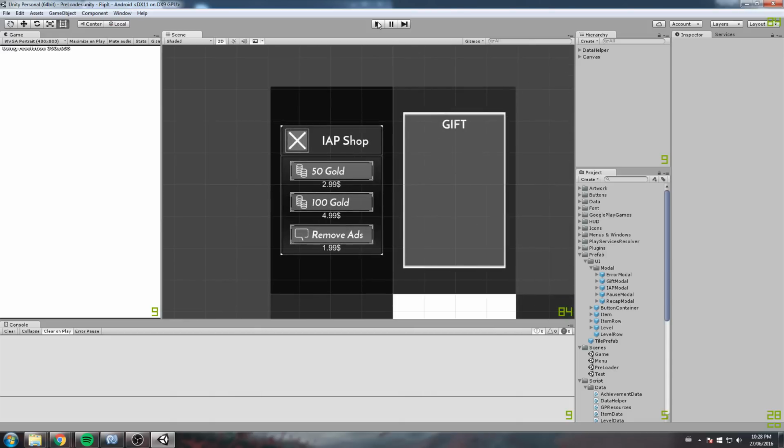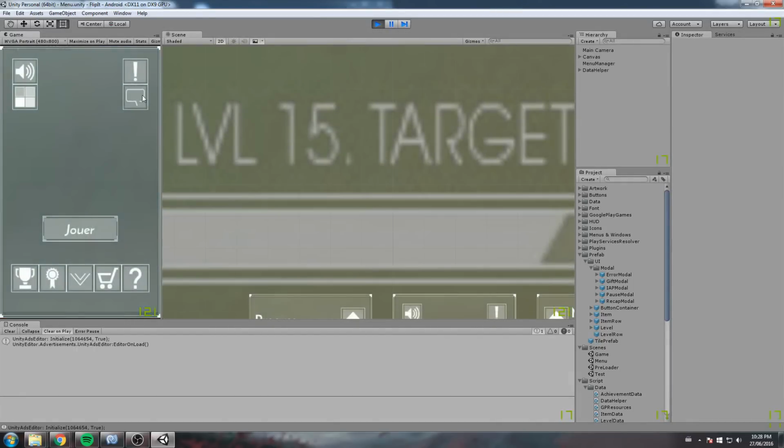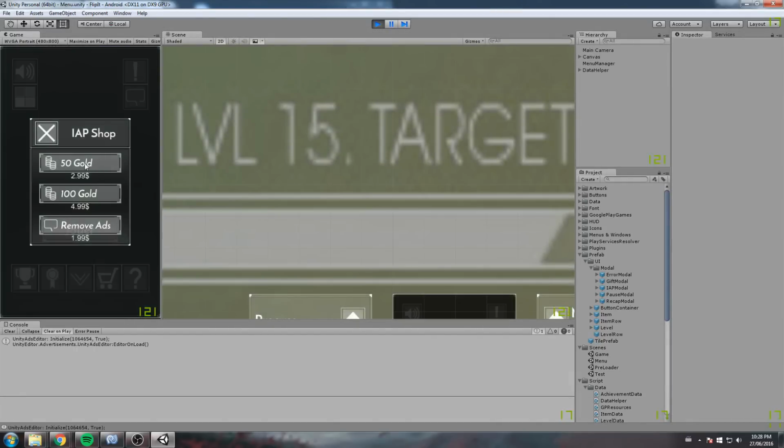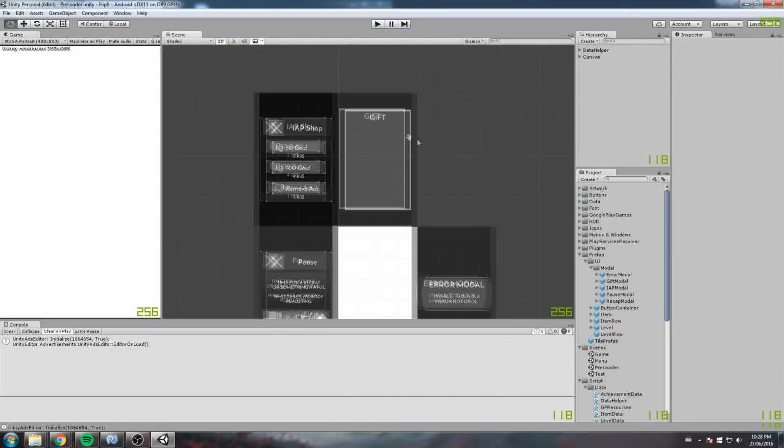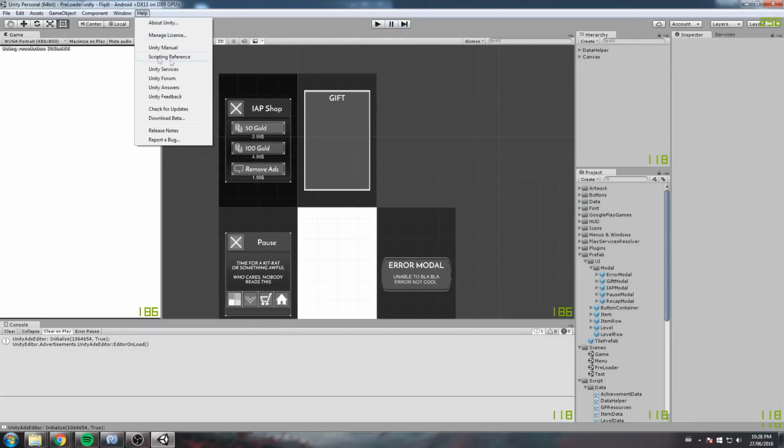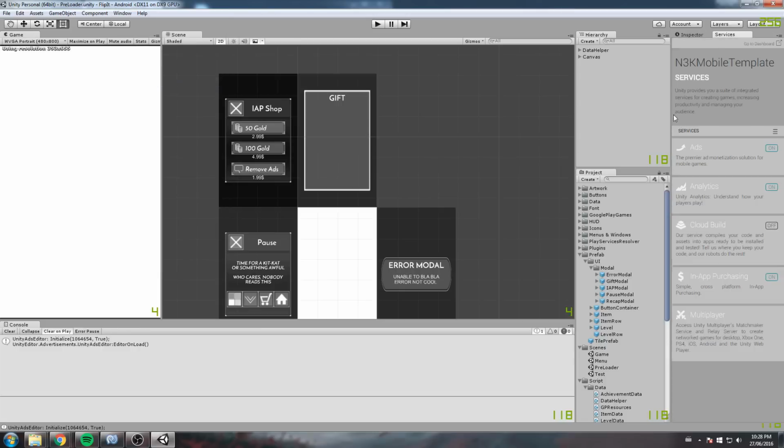Let me show you the actual setup I have at the very moment. So right now I go into my game, I click here, I've got three buttons, one that says 50 gold, 100 gold, and then remove ads. They're all tagged with a low price that I've put down there, and we are actually going to make this work today. The first thing we need to do is head over to Window, Services,